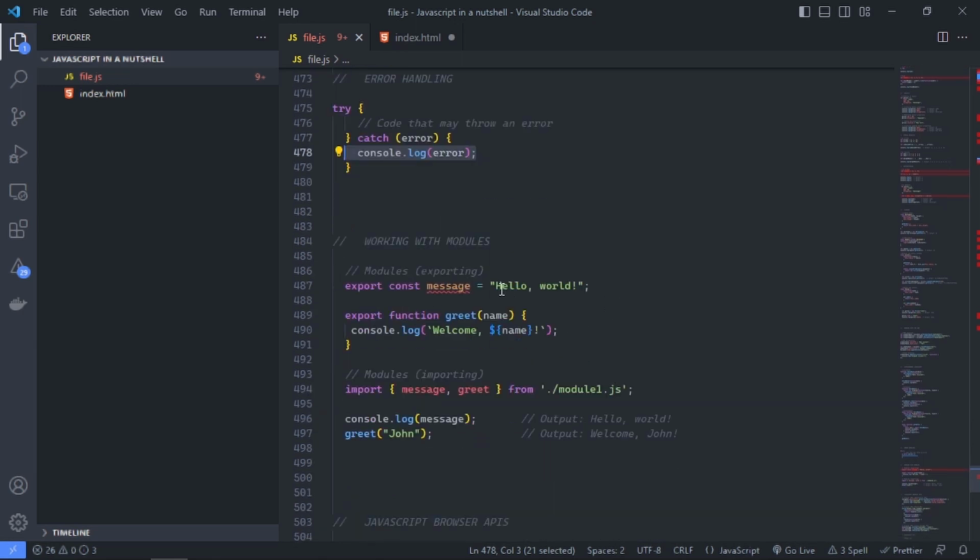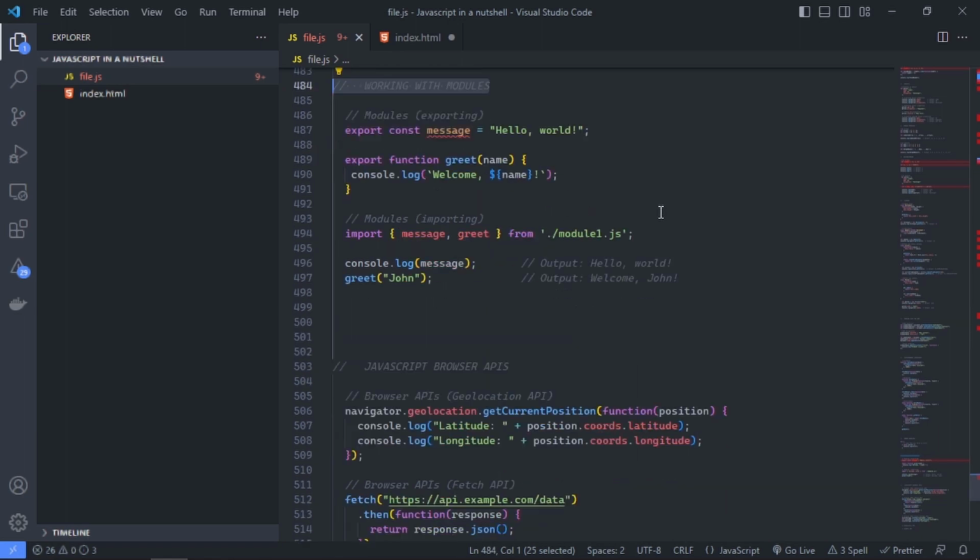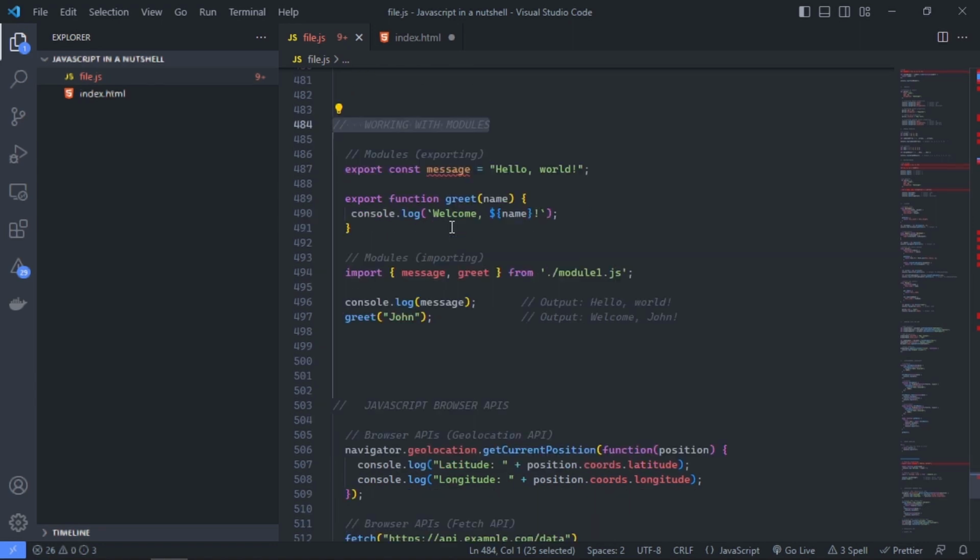Okay. And working with modules. Modules help you separate your code like you have in some other programming languages. So you have different files. You have a certain file where you have some code written, and to export a particular functionality, you need to use this export keyword. So export, in this case, we're exporting a constant with a string hello world,